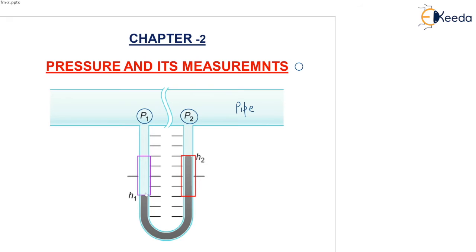Looking into the level of the liquid, I can say that at the point P1, in the left column, the pressure is high, so the liquid is pressed down and it is moved upward in the other column with the height H2. Here the height is H1. So what is the difference of height? H2 minus H1. So using this concept of difference in height or difference in mercury level in the 2 columns of manometer, pressure can be measured. So we are going to see in the next slide how we can measure the pressure using a manometer. Correct? So let's go into the next slide.